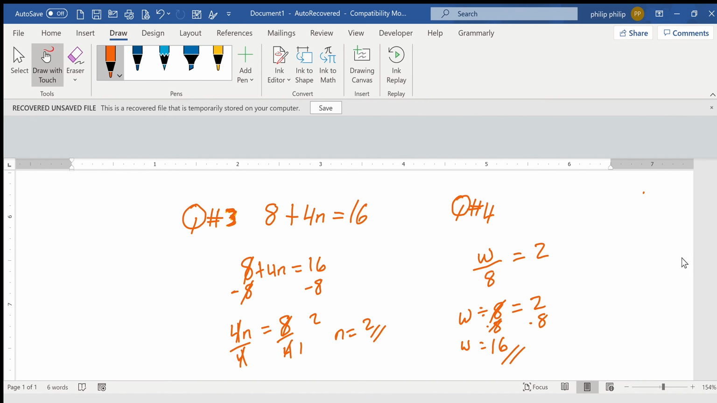Alright guys, so this is a full step process that I think has really helped your understanding of solving linear equations